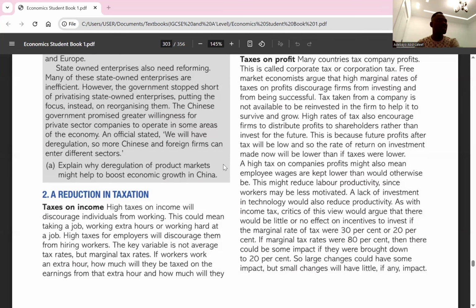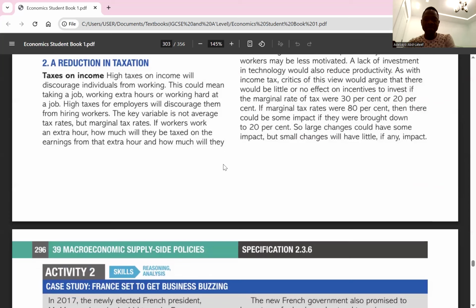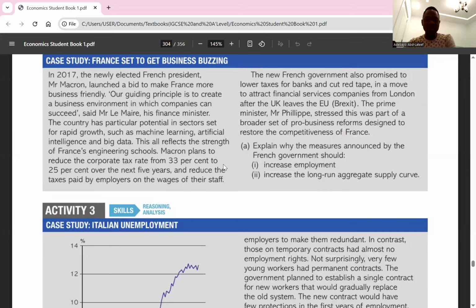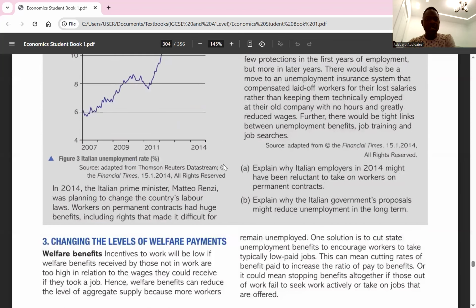So taxes must be reduced. Income tax has to be reduced for employees to be motivated to increase productivity. Taxes on profit have to be reduced too. So if these two are reduced, then it is expected that the long run aggregate supply curve will shift to the right. I think it's clear. So that's the second way in which the free market supply side policy can be encouraged, and it will lead to an increase in the long run aggregate supply curve. So the third one